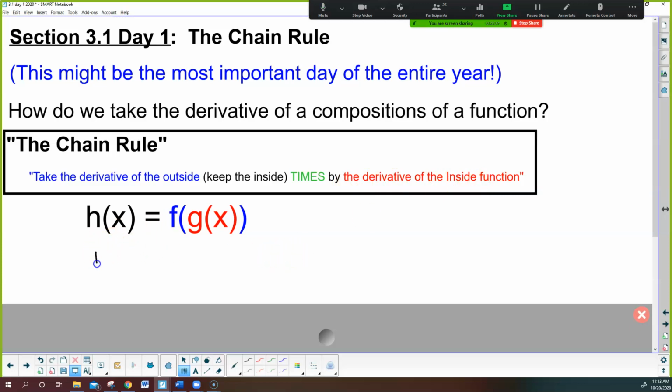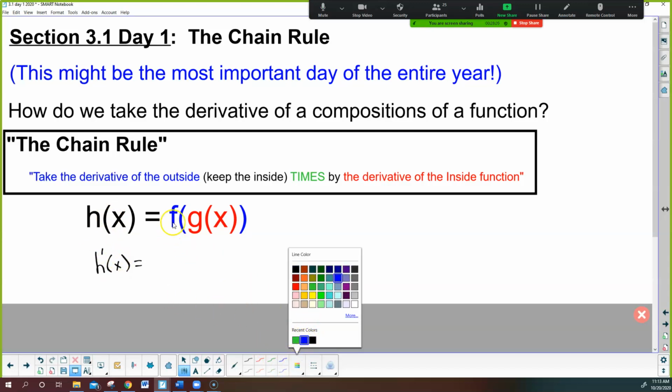So notice, notation-wise, if I'm going to take the derivative, I have to call the derivative h prime. Right? So that's part of the notation we talked about. You need to show that notation. So what's the derivative of the outside function? Well, the outside function is f. So I'm going to take the derivative of f,